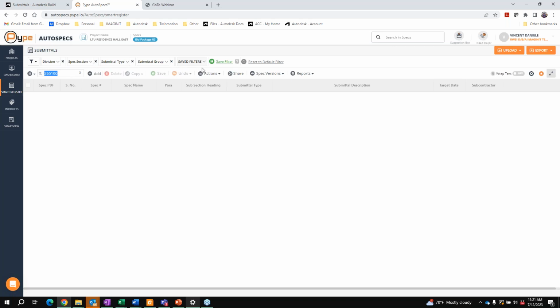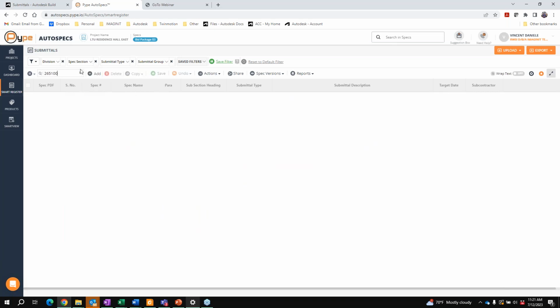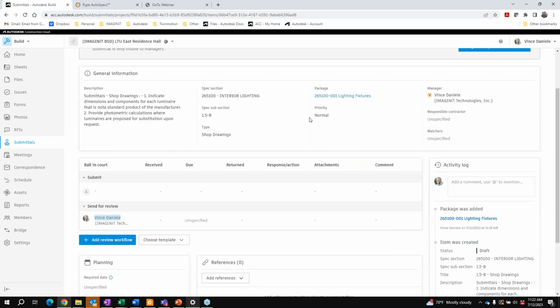Do I have other filters? Don't know why that's not filtering down. But anyway, I promise you that this was pulled from the import. So we've got the description, the spec section, the subsection, all of that in here, which we can always edit in draft mode. So if we wanted to change the description, change the priority, you can do all of this